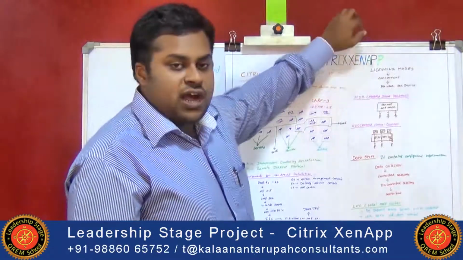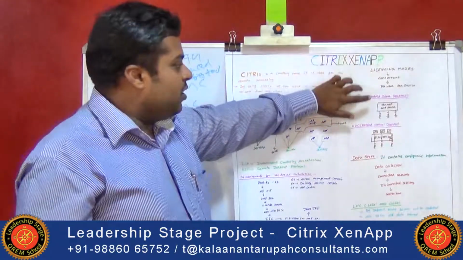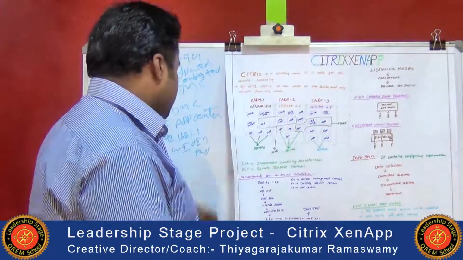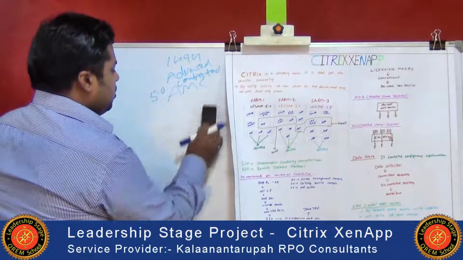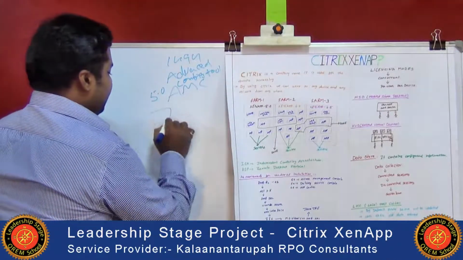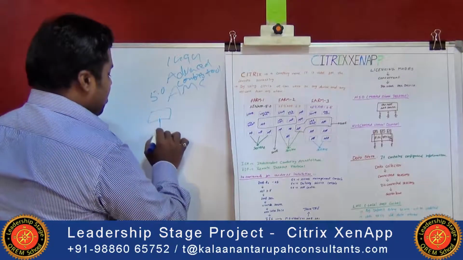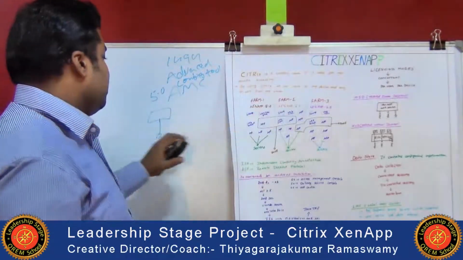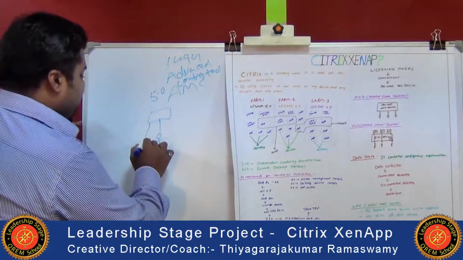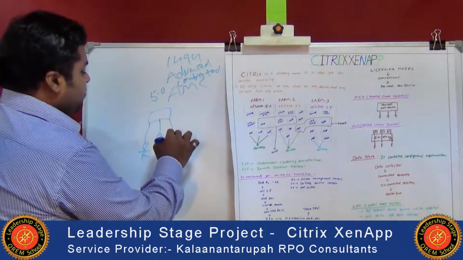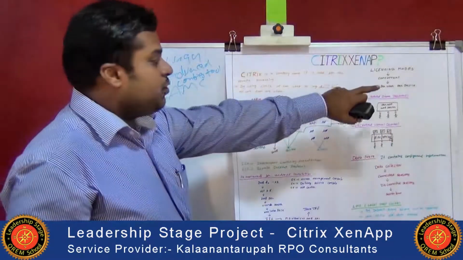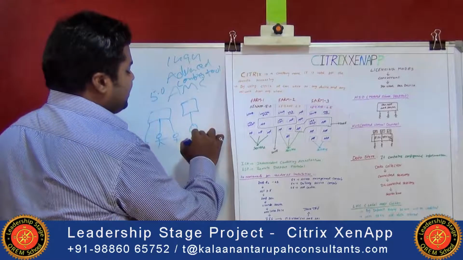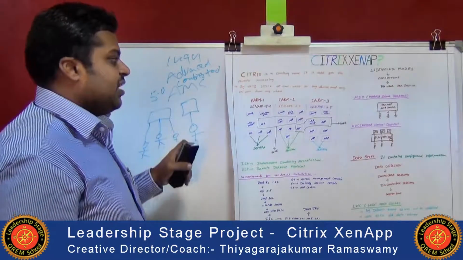In the licensing modes, we have two different types of modes: concurrent, and per user or per device licensing modes. In the concurrent mode, for each and every server we have to install one server. We have to install one application for the concurrent license mode. In this, from the one server, many users are accessing. Coming to per user per device, only one licensing server is purchased, and only one farm, one application is accessed for that.